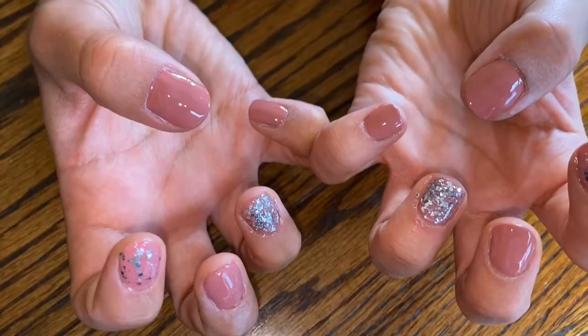It has been highly requested and it is basically just for how to do a manicure at home. A lot of us have been struggling with not being able to go to the nail salon, so I want to give you some easy tips and tricks that you can do at home to give yourself the perfect mani. If you want a mani that looks like this,